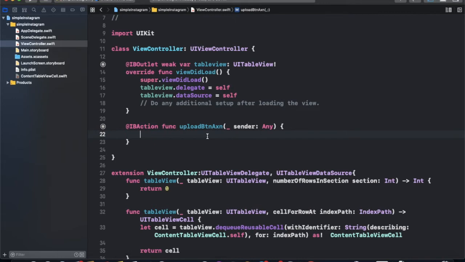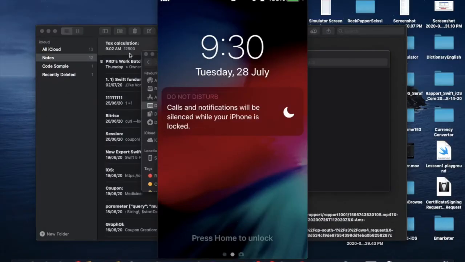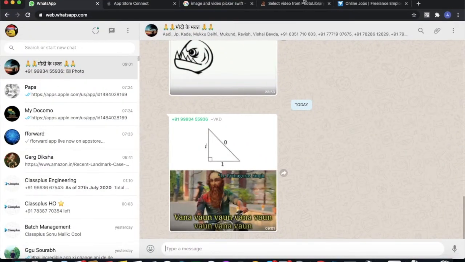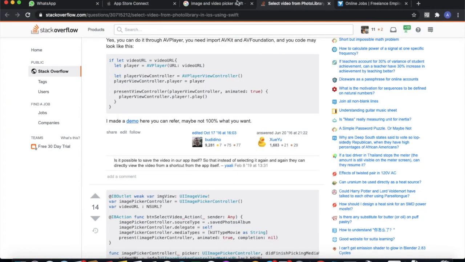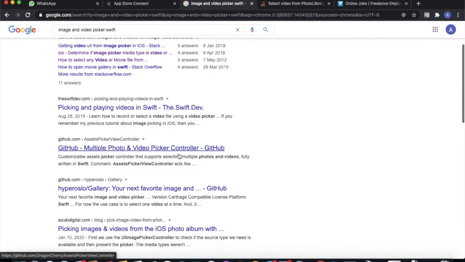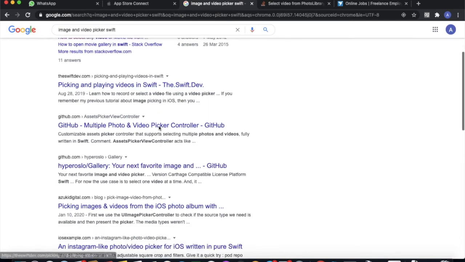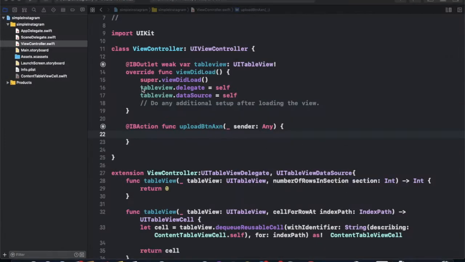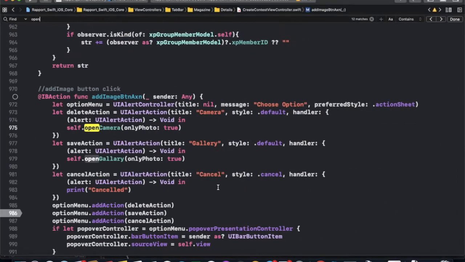So to show the list, firstly we are showing an alert. To open the image picker and anything else, you can search on Google and find any way of picking and playing a video, or picking and playing for image and video, whichever is your use case. I can use my old code.